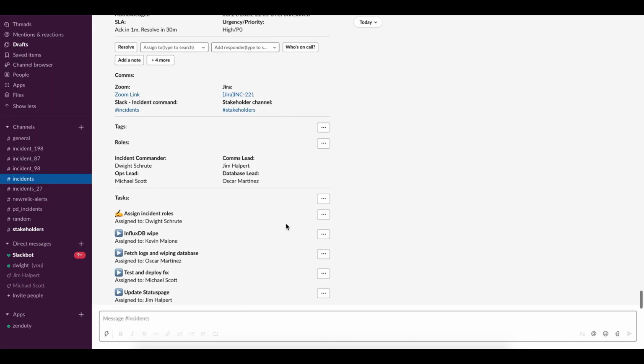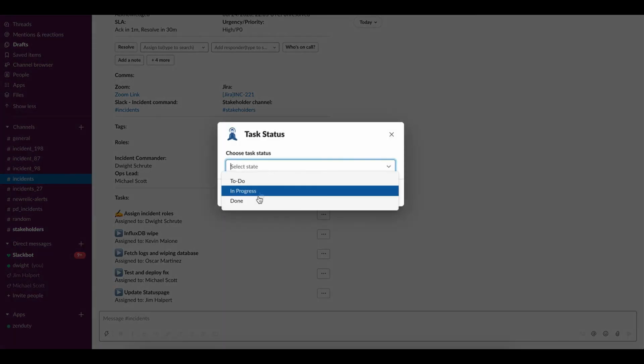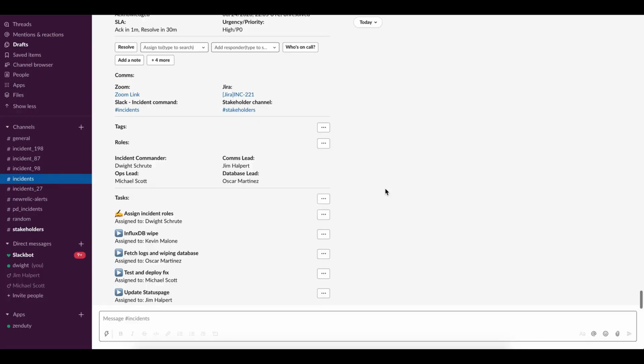Once all of these users receive alerts on ZenDuty regarding the tasks that they have been assigned, they can look at the incident, come to the Slack channel, join the Zoom link, and start working on their respective tasks. And then one by one, they can start updating the status of their tasks.